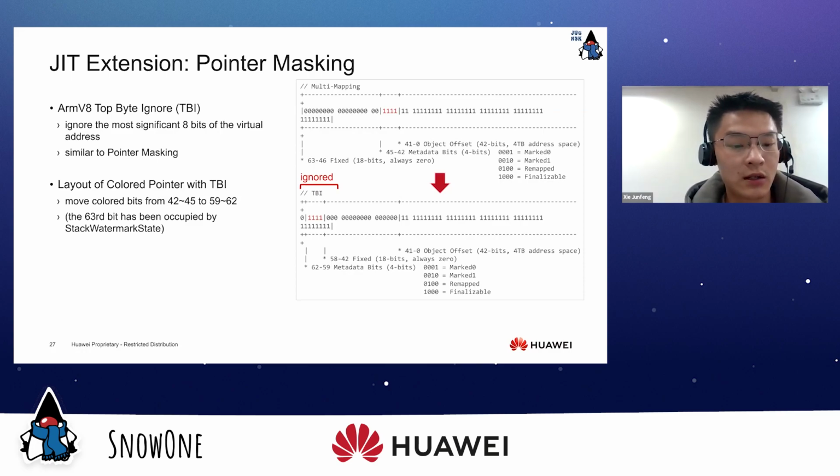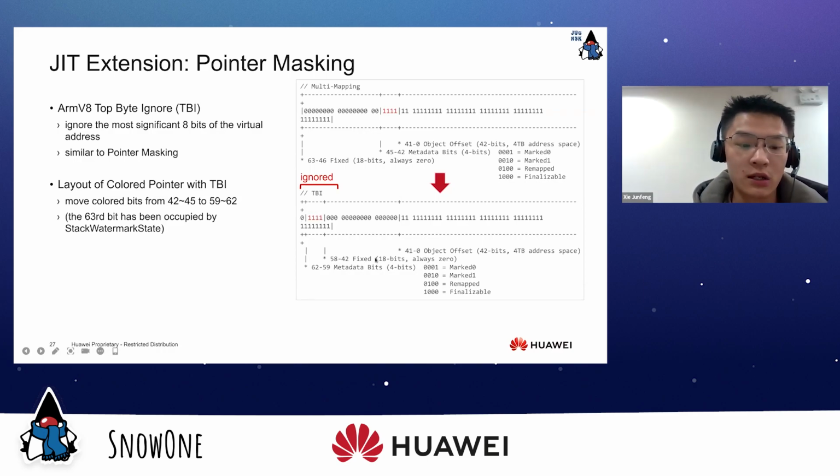Therefore, we did an experiment where we tried to implement colored pointer by TBI instead of multi-mapping. TBI only ignores the top 8 bits, so we moved the 4 colored bits from here to here, to the top.